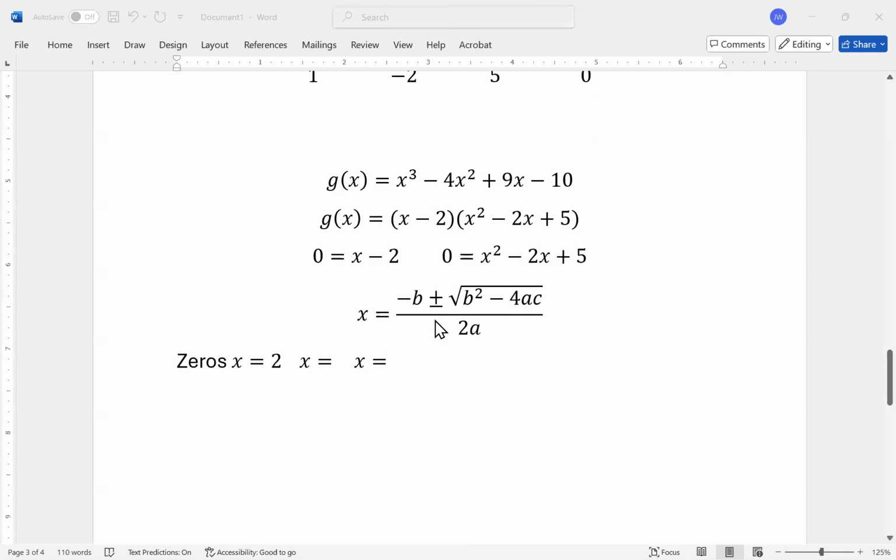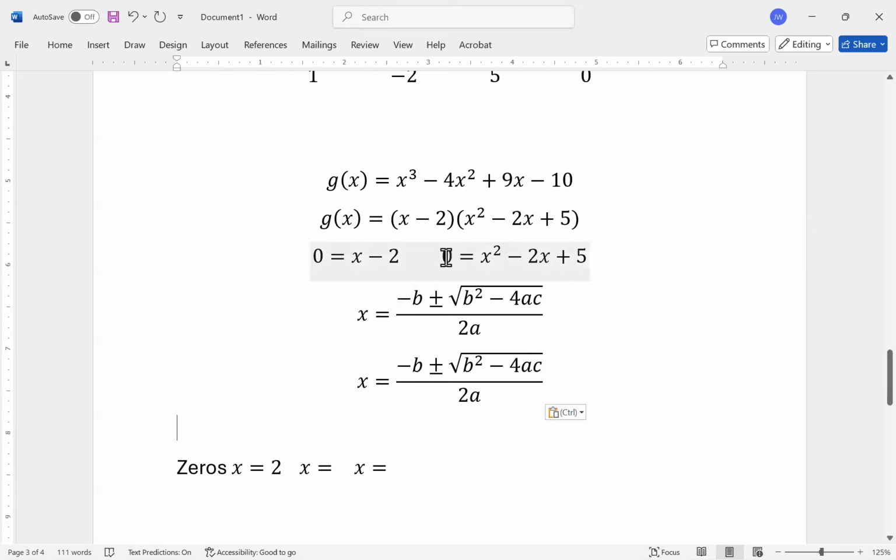Hopefully we all remember that the quadratic formula is opposite of b plus or minus the square root of b squared minus 4ac all over 2a, which, utilizing this quadratic, a is 1, b is -2, and c is 5. So opposite of b would be the opposite of -2, that's +2,